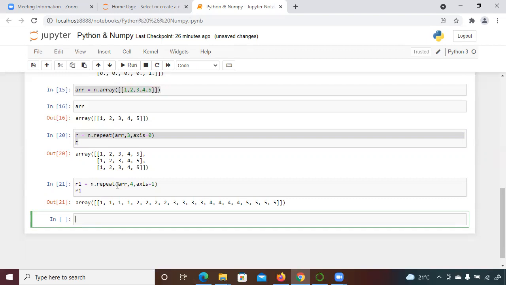How you can access those rows, column wise or row wise. Normally we process every row of the column, so in that case you use axis 0. But if you want to access a single column, then we use axis 1. So this is about the repeat function.